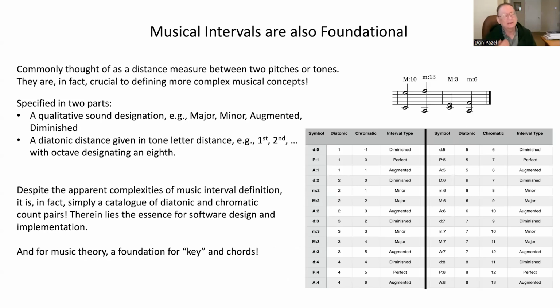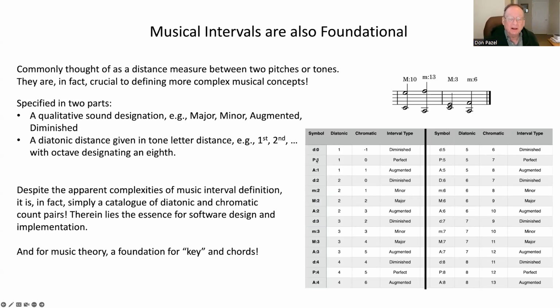And the other thing is that the distance is given by the number of letter changes between these things. For example, here you have C, D, and E. That's 3. And this turns out to be a major 3. Okay, so that's kind of confusing. That's crazy. But when you get right down to it and you start analyzing it, you're finding out that all that's really being done is, yes, they are counting the number of letter changes. They're also counting the number of half steps, or number of times you had to apply 2 to the 1/12th. But basically the number of half steps between them.